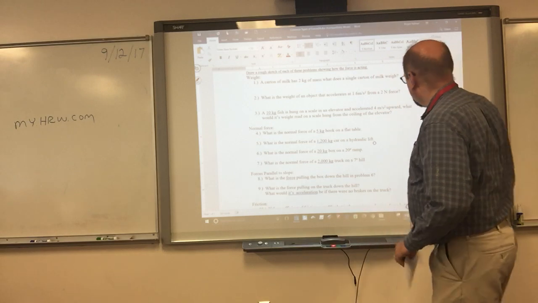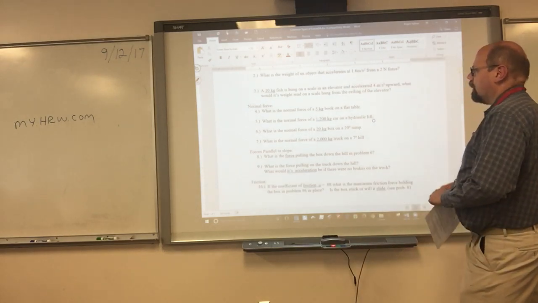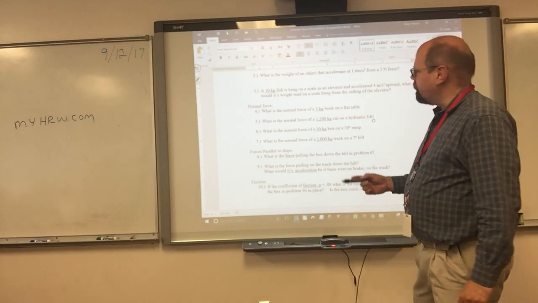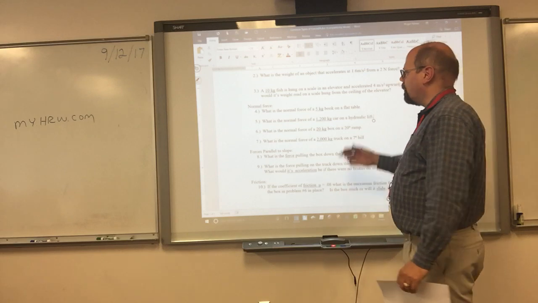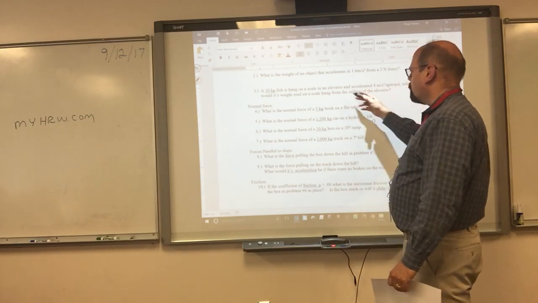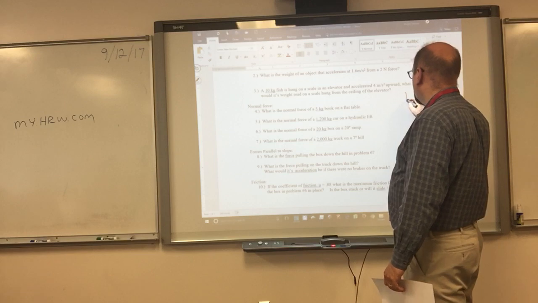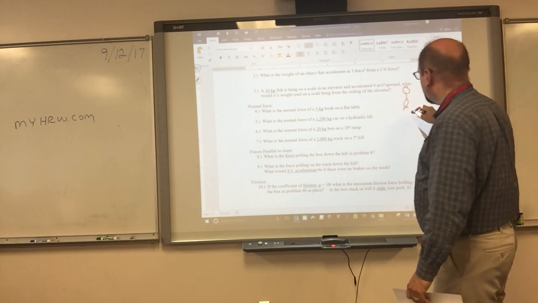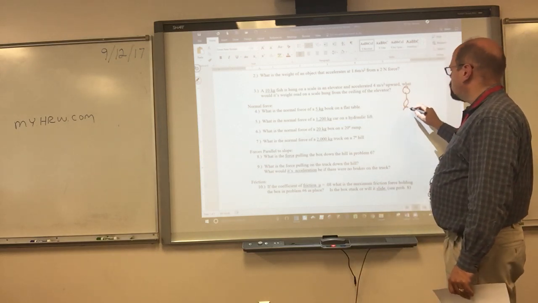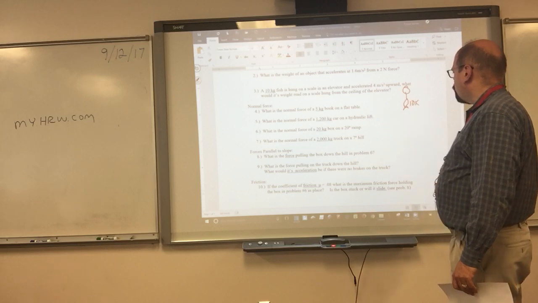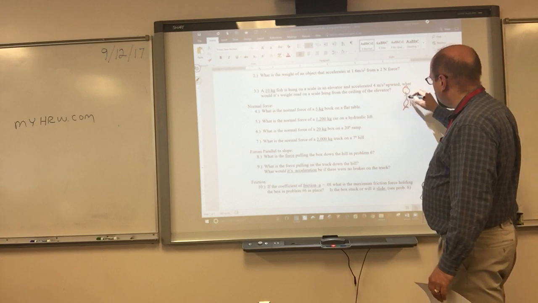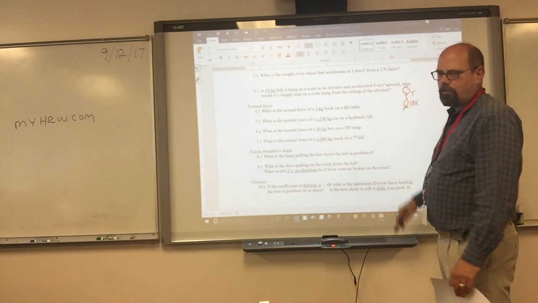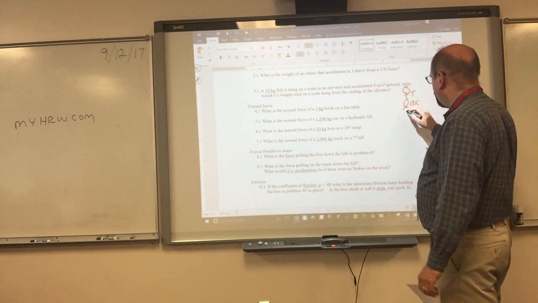Let's take a look at 3. Okay, these ones, now that I start to get to some problems where you've got an object, I'm going to start to draw them. And it's called a free body diagram. It doesn't have to ever look great, but I'm going to draw this fish hanging from a scale inside of an elevator here, and the mass of this fish is 10 kilograms. The forces that are acting on that fish are what is important to draw. The fish has a tension going up to the scale, and that's what, of course, the scale is going to read. The fish has a weight,